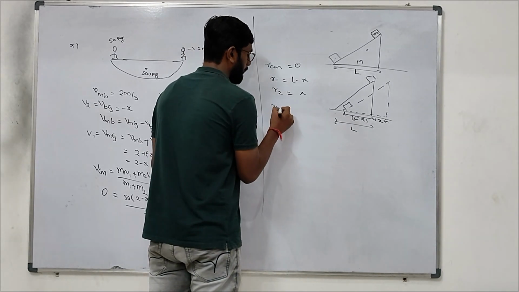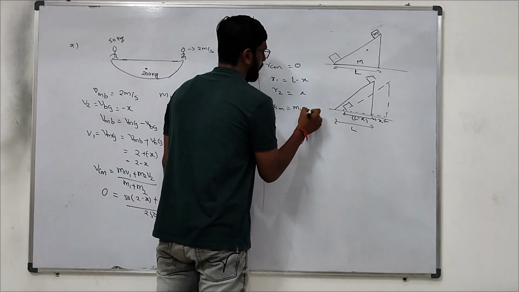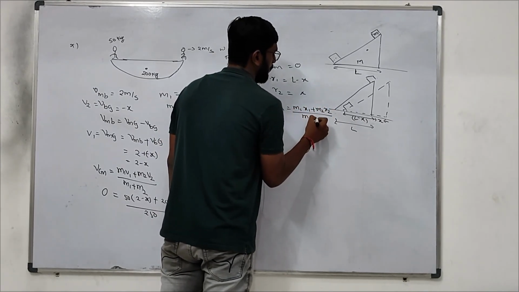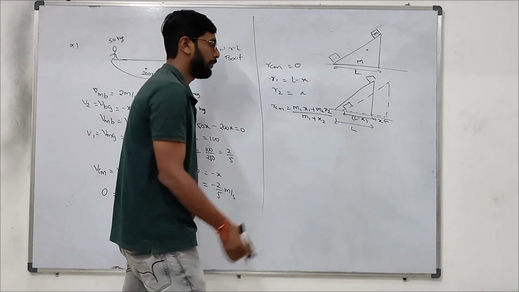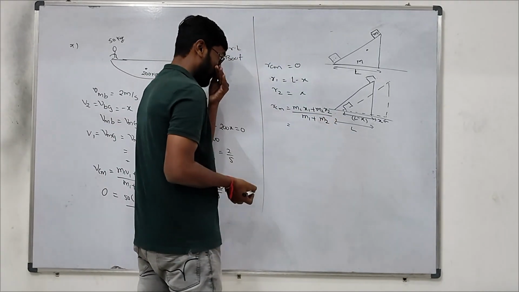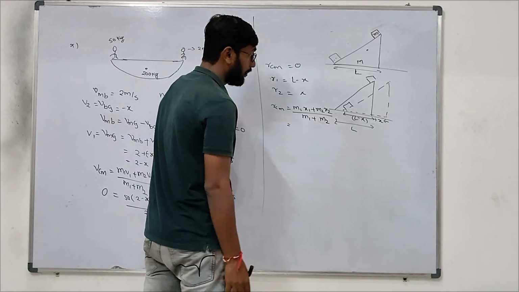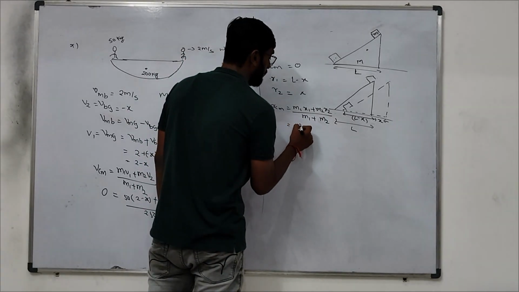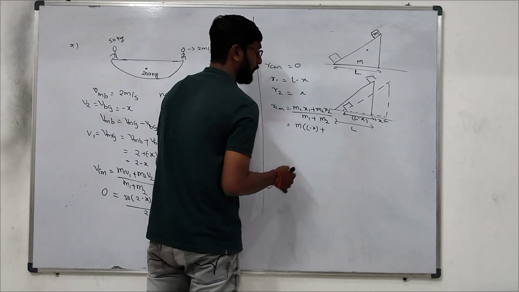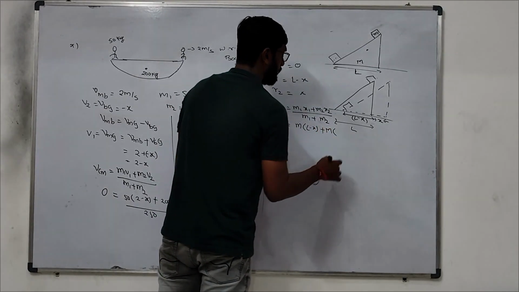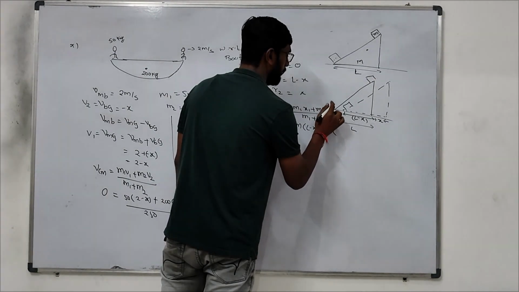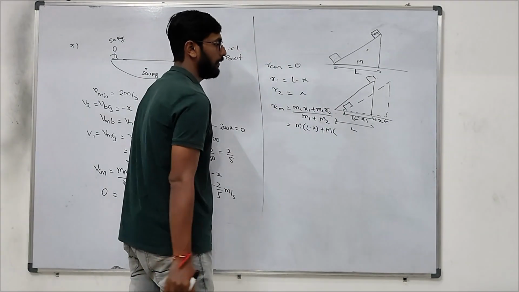Now RCM equals m1 x1 plus m2 x2 by m1 plus m2. M1 is m, x1 is L minus x, plus m2 is capital M, x2 will be,